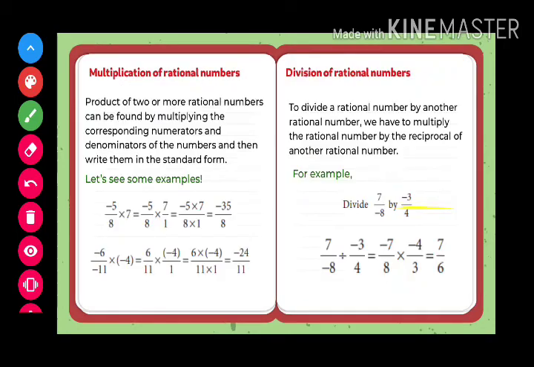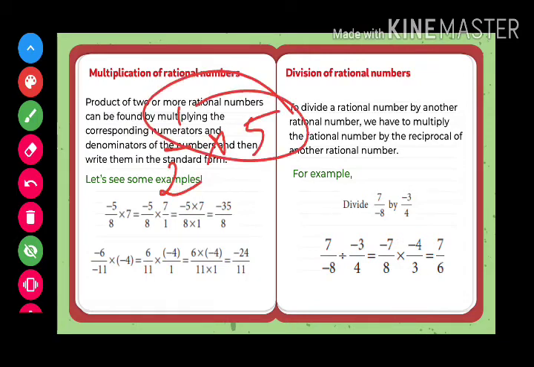Okay, so let's get into the next part, which is multiplication of rational numbers. Multiplication, we all know, is the same as we saw in fractions. Whenever you have been given two numbers, let's say 1 by 2 into 5, you just multiply the numerator, because there is nothing in the denominator here, so it will be 5 by 2.